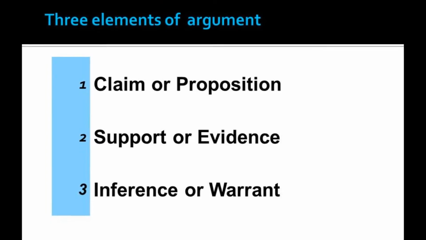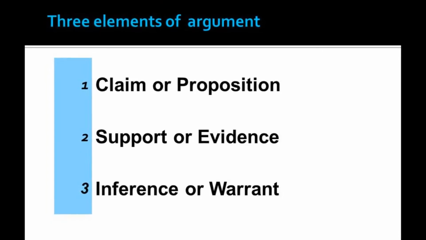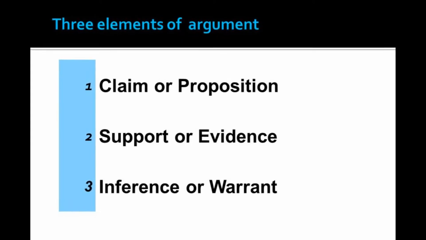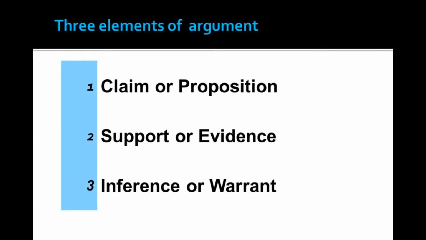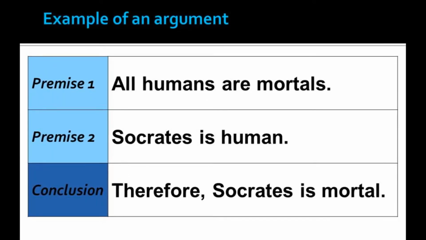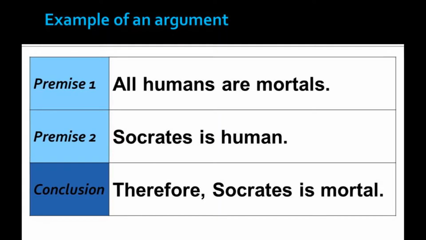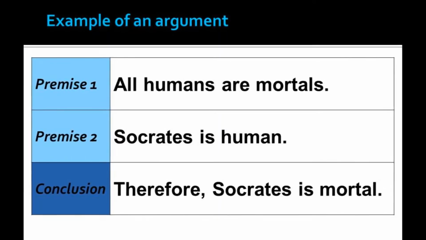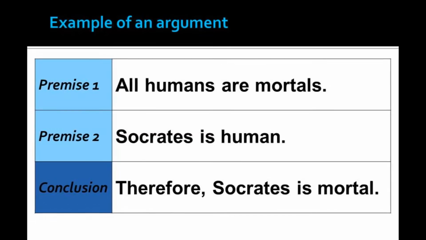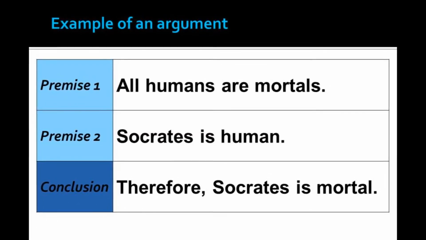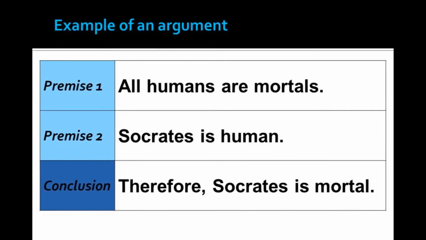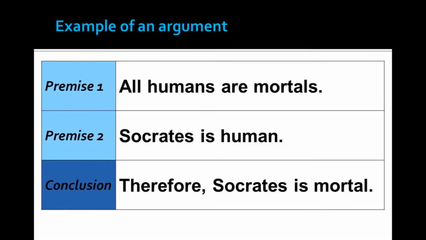Essentially, an argument is made up of three elements: the claim or proposition, the support or pieces of evidence, and the inference or warrant that connects the support to the claim or proposition. The classic example of a categorical argument is by Aristotle. Here, we've got premise number 1, all humans are mortals, which is stated in the universal sense. Premise 2, which is in a particular sense, Socrates is human, and the conclusion, therefore Socrates is mortal, is founded